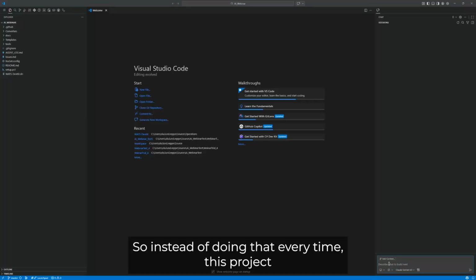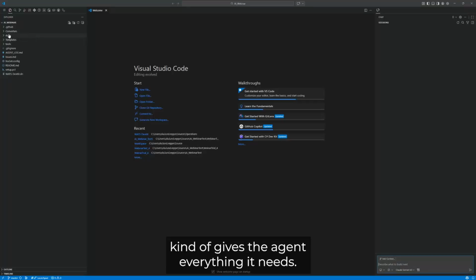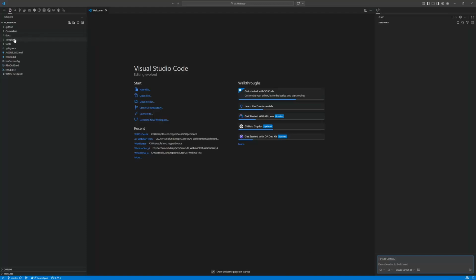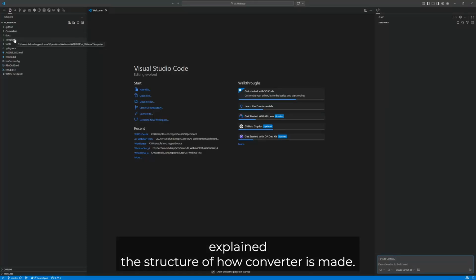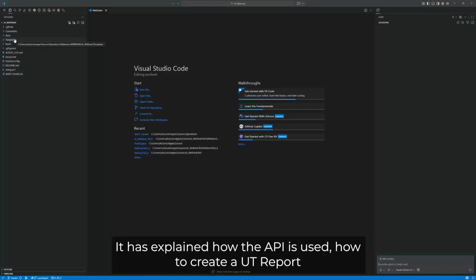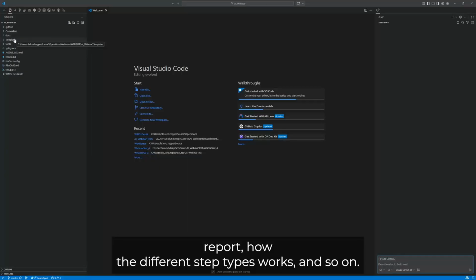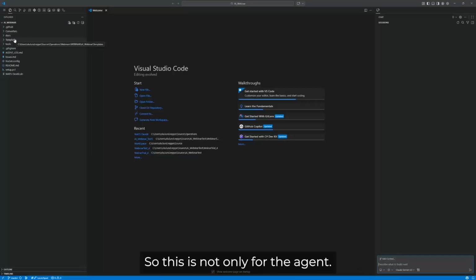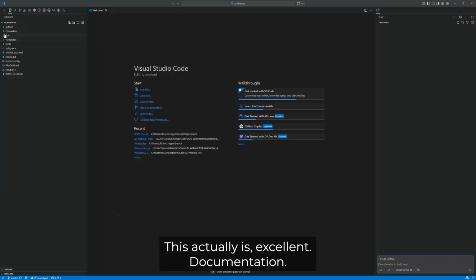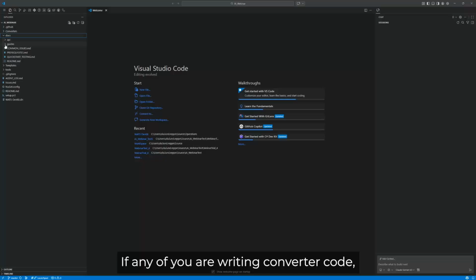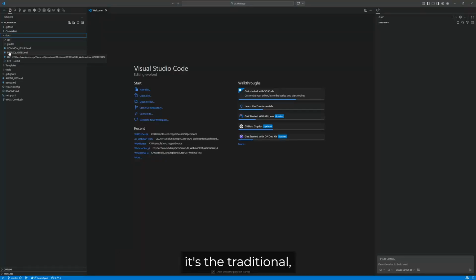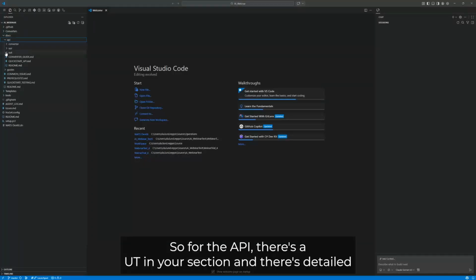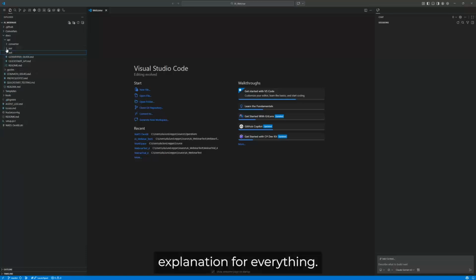So instead of doing that every time, this project kind of gives the agent everything it needs. So it has explained the structure of how a converter is made. It has explained how the API is used, how to create a UT report, how the different step types works, and so on. So this is not only for the agent, this actually is an excellent documentation if any of you are writing converter code with traditional manual coding. So for the API, there's a UT and UR section,